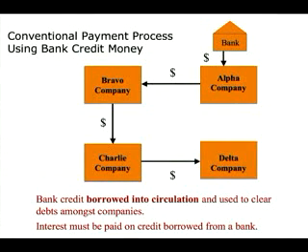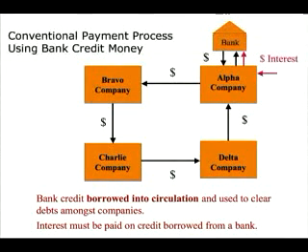Charlie in turn owes Delta. It pays its debt with that $100. And Delta finally pays what it owes to Alpha with that same $100. However, now Alpha company has to pay back the bank, but it also has to pay some interest. That interest was not created when the bank made a loan. It can only be acquired from others through the marketplace, others who have also borrowed money into circulation. That means there's a chronic insufficiency of money available for everyone to pay what's owed to the banks.